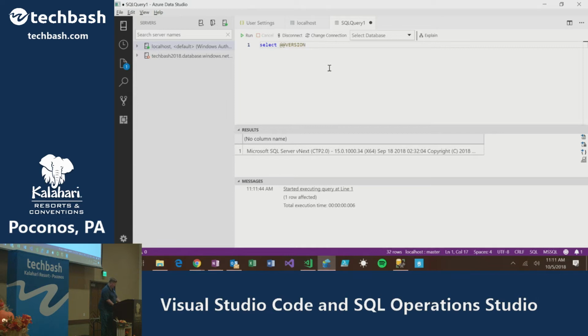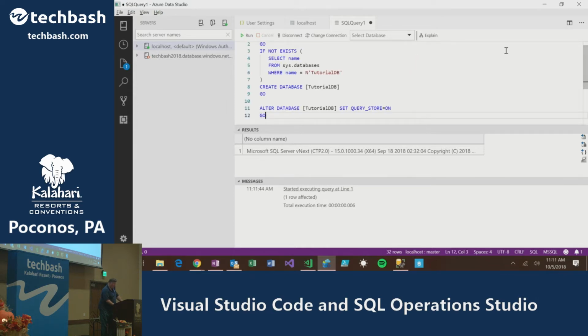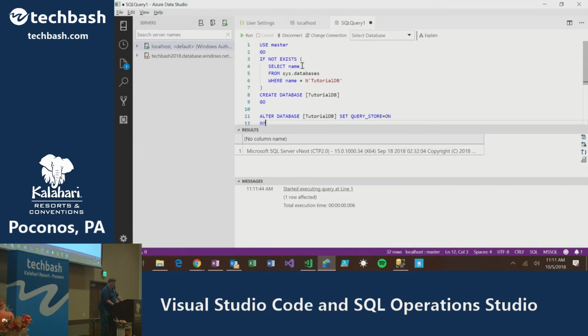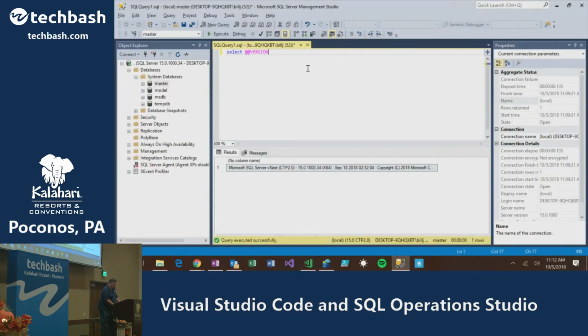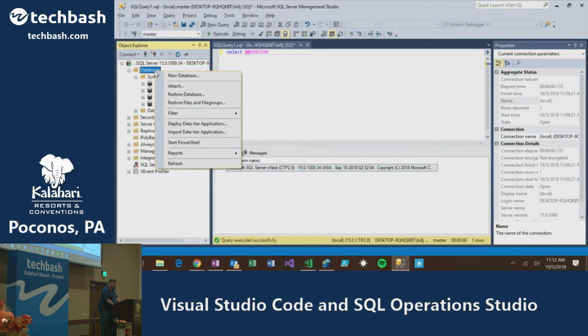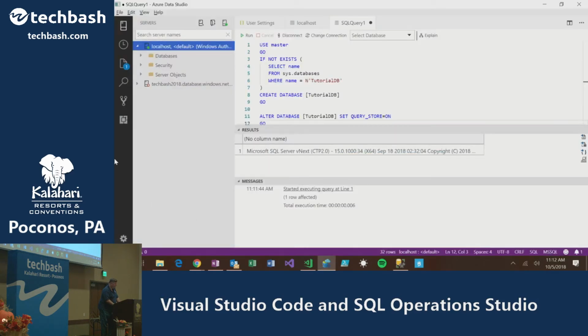If I type in my instructions here, what this is going to do is actually make a new database. In SQL Management Studio, what we're all used to is we would right-click and say New Database, and it would come up with a bunch of wizards to get us started. You can't do that here. You can't do New Database. You have to write SQL scripts.